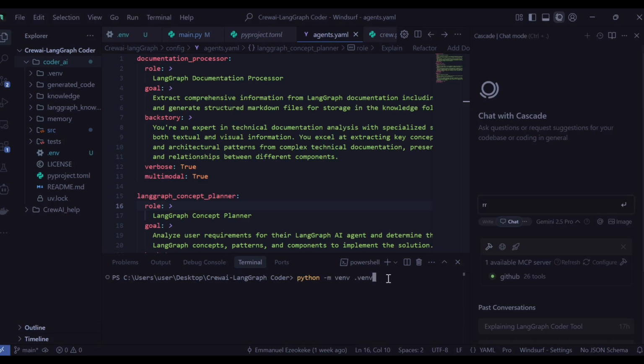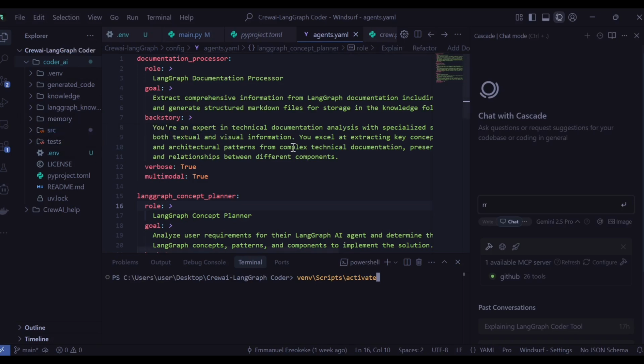Then if you want to change to your virtual environment, you have to activate it with this, which it will show you before this line. It shows you VENV in brackets, or it will just show you the name of your folder, which is coder underscore AI. So once you've done that,